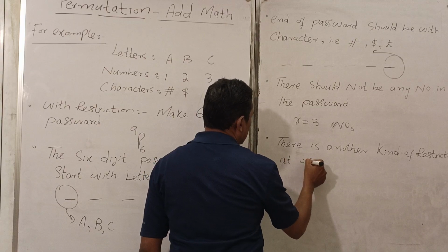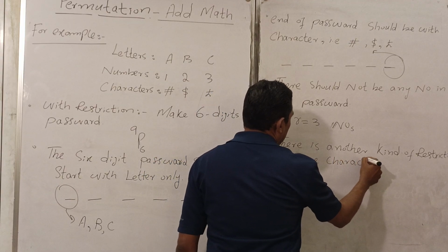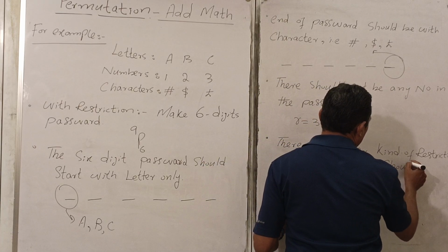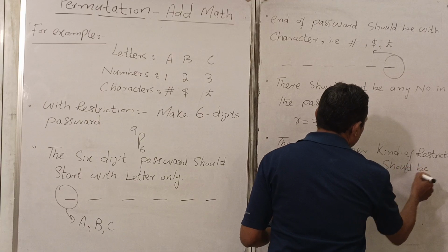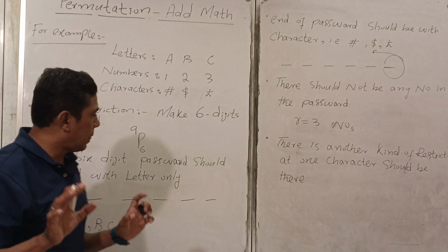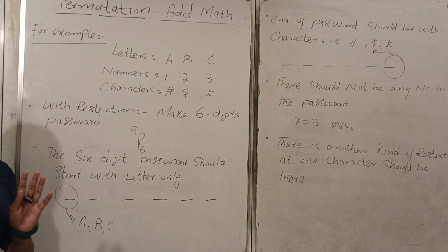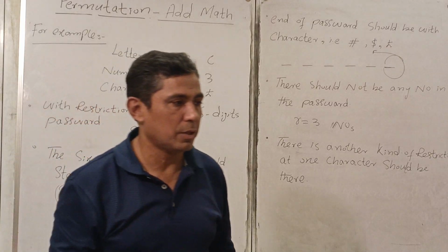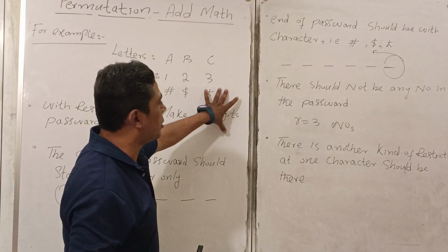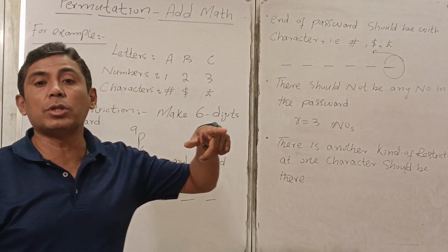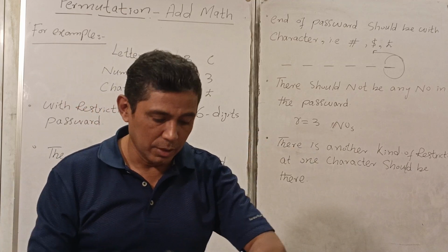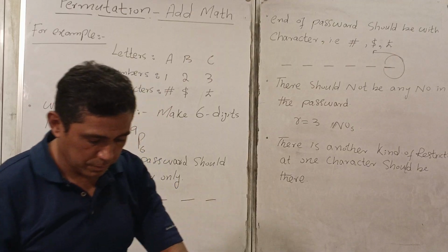At least one character should be there. अब अच्छा देखो, although I know that you are a little bit confused about how you will solve these questions. ठीक है, अब हम कोई एग्जाम्पल लेते हैं. Then we will try to solve the questions related to the characters and the questions related to the number series. Okay, so let's start.